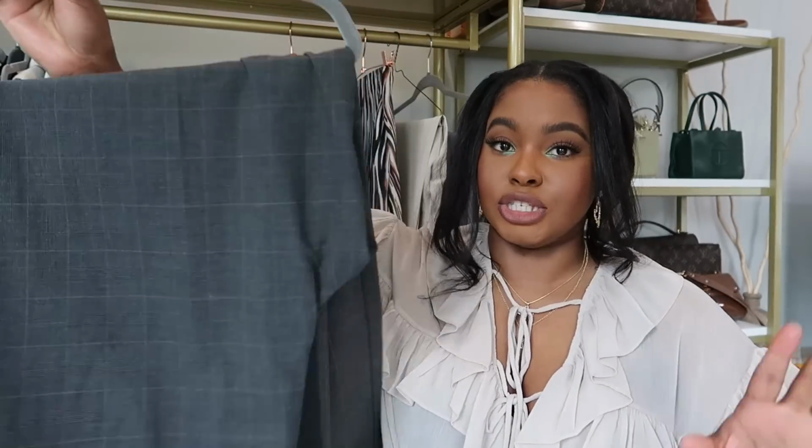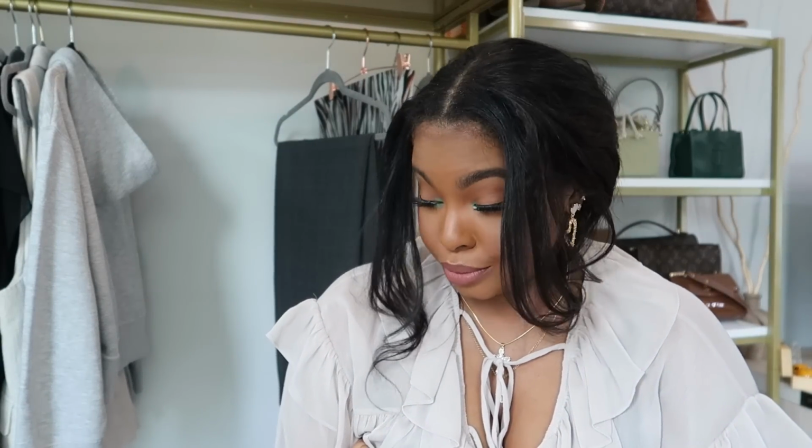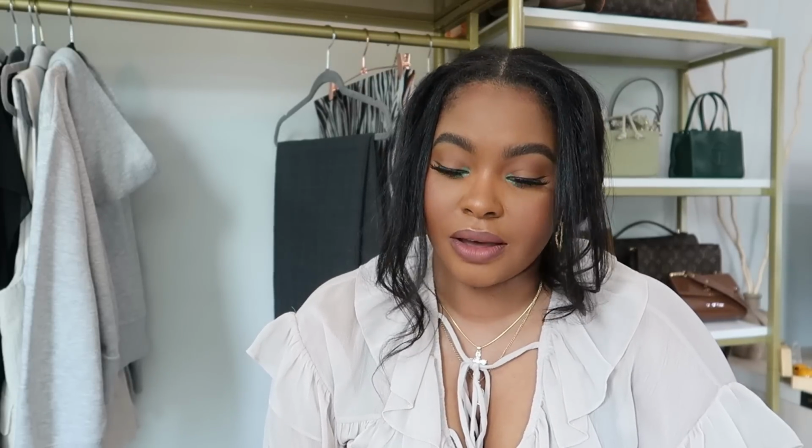But love these. One thing Zara doesn't miss is their pants and their blazers. They don't miss. Now what I will have to say is Zara has some cute blazers, but baby, these prices, you know what, for the quality of the...